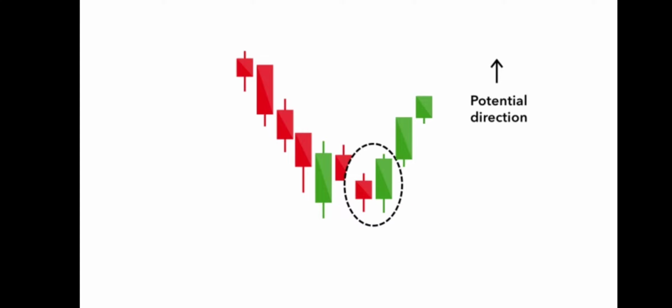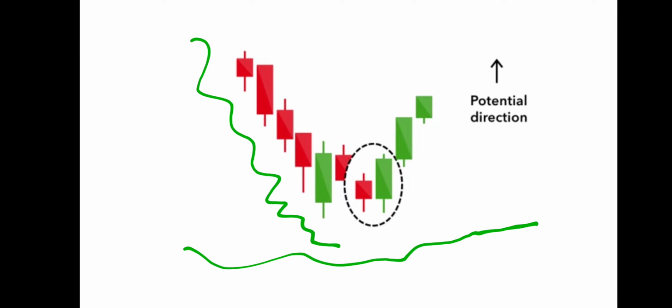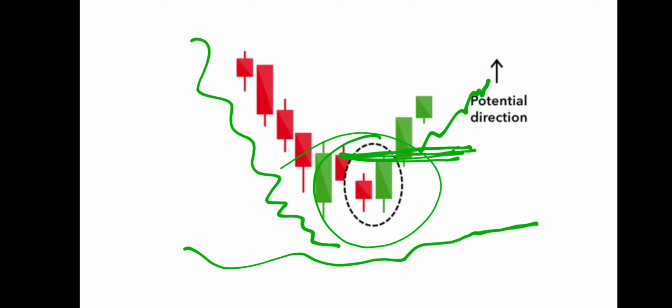And when it forms after a downtrend or maybe at a support area, then it works very well. And you can see, you can take an entry when price crosses this line, the peak of this candle, and you will get a huge return, and you can put your stop loss here and you will get maximum return in this pattern. This is a bullish engulfing.